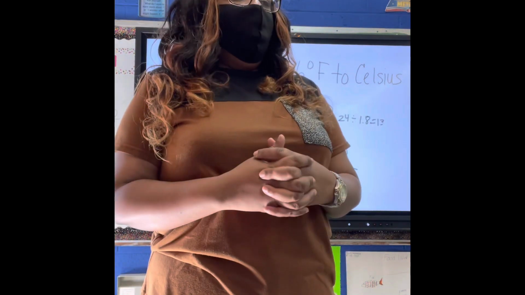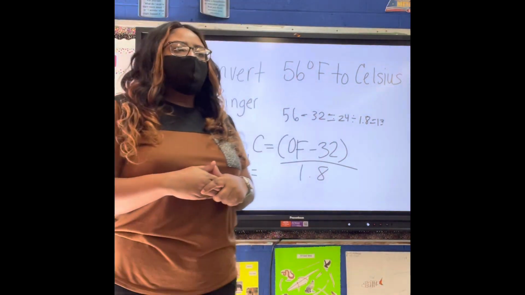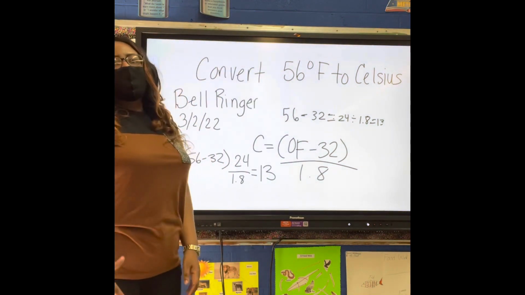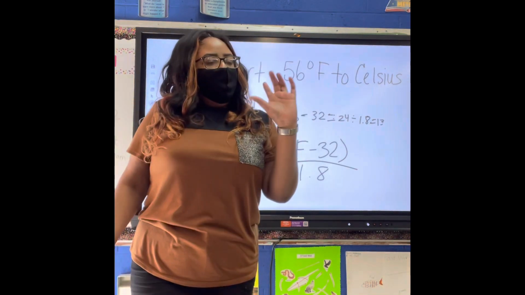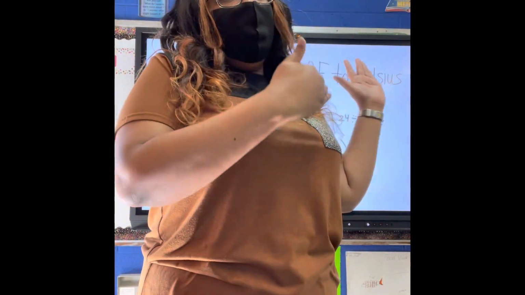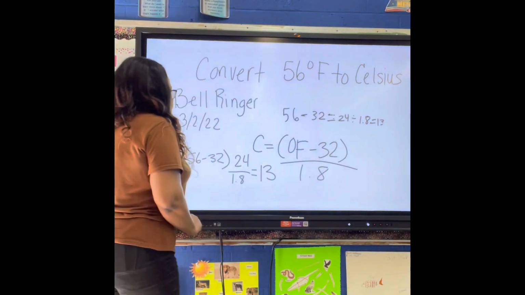13.3. But we're not going to write that number as a decimal. We need to do what? Round it, so that we can have a whole number. 13.333 is what? 13. Why is it 13? Because the number behind the decimal isn't over 5. The number behind the decimal is less than 5. So the number is going to stay the same. We will not round up. Our answer is 13